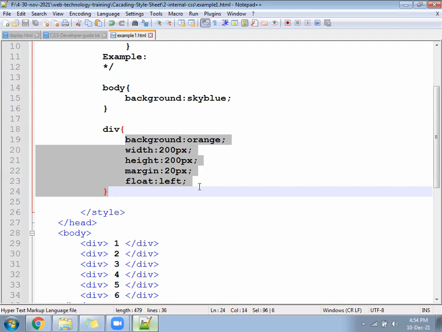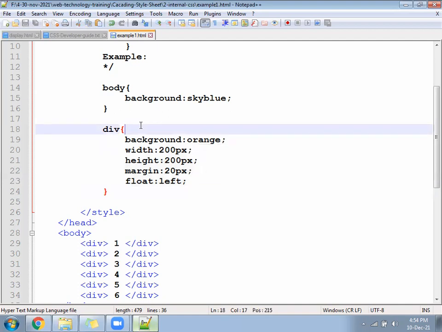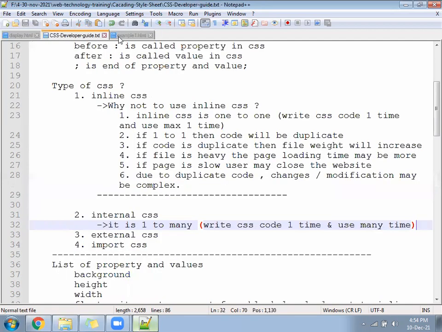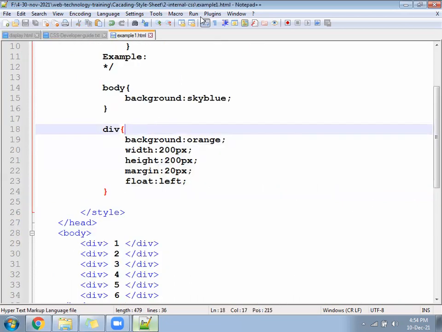So we have to follow some other rule. One to many is true, there is nothing wrong, it's working. We have written the CSS in one place and HTML in many places. It should work.